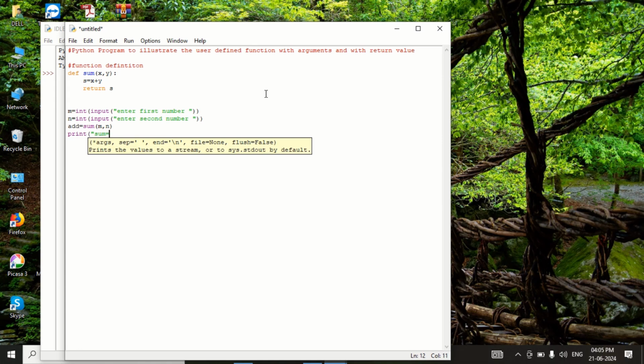We can write sum equal to double quotes close comma add close the bracket. Right, so even here after iterating the values before calling this function, here we can write a comment as